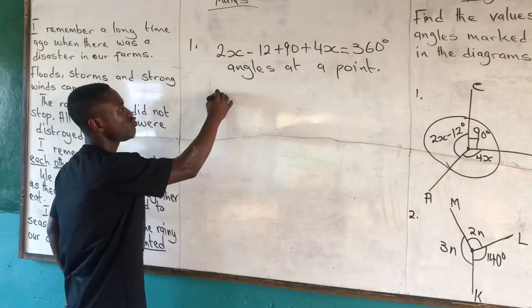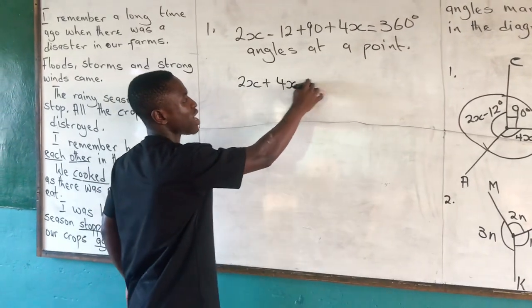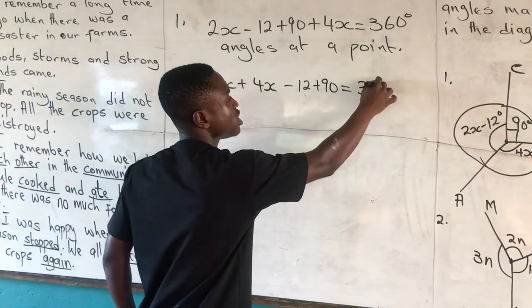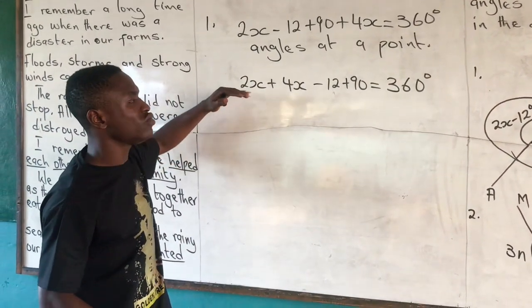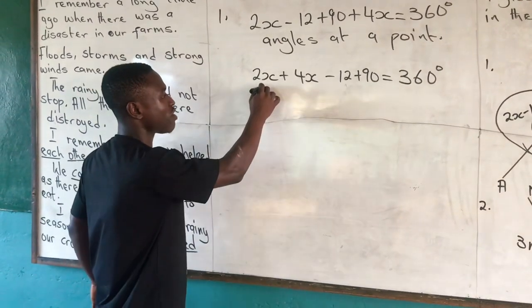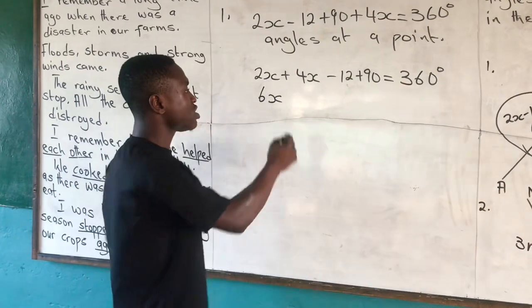So we have 2x plus 4x, then minus 12 plus 90 is equal to 360 degrees. Here we can add the 2x and the 4x because they are like terms. So we are going to have 6x, then we subtract 12 from 90, which is going to give us